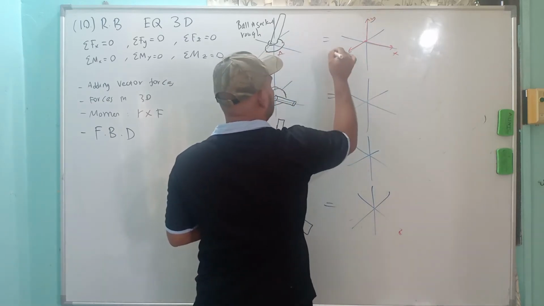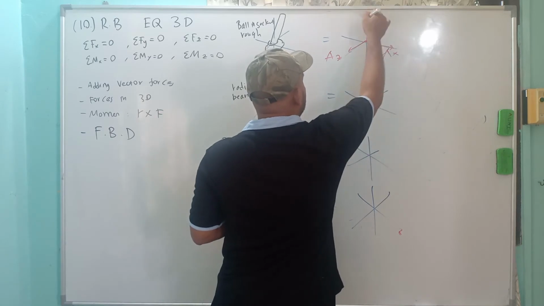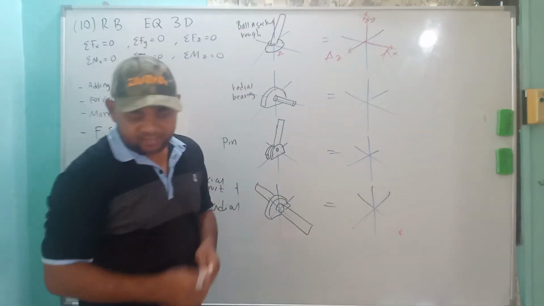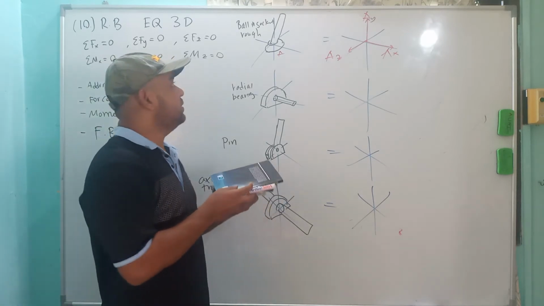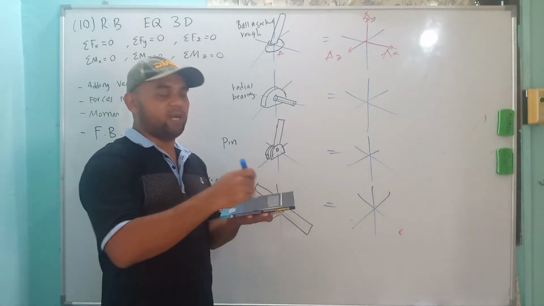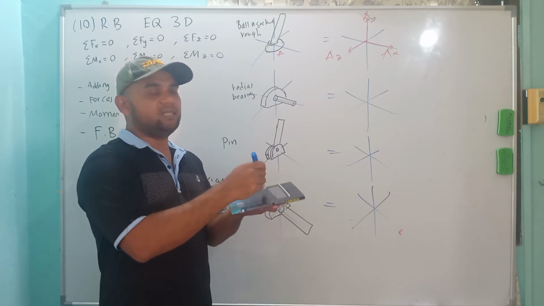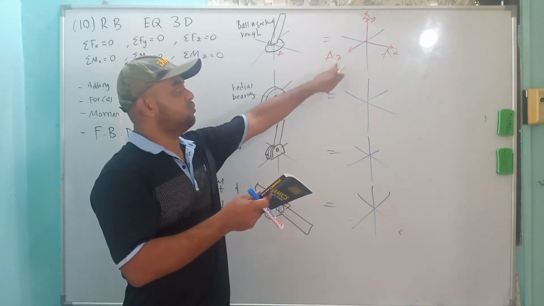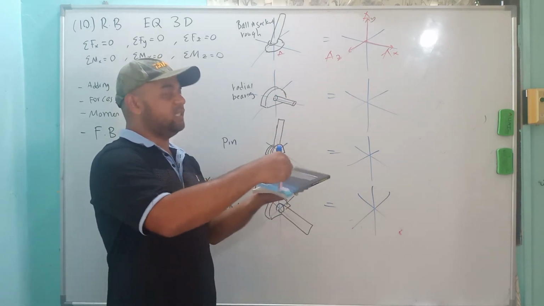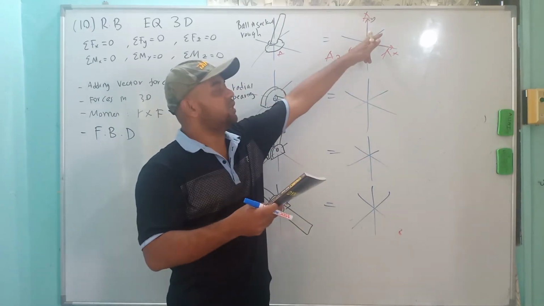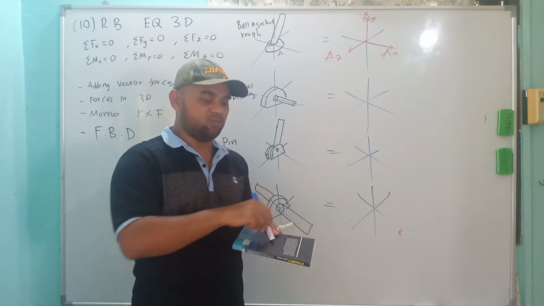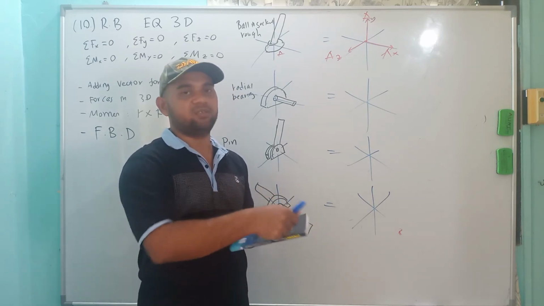So let's say this is AY. It is same as a rough surface. Different from frictionless, where we are free to move, on a rough surface it can move, but there is a friction force. So there will be one friction here. In Z direction, also one friction here. Going down, you cannot because we have one more Y. But it's free to rotate on the surface, so there is no moment.